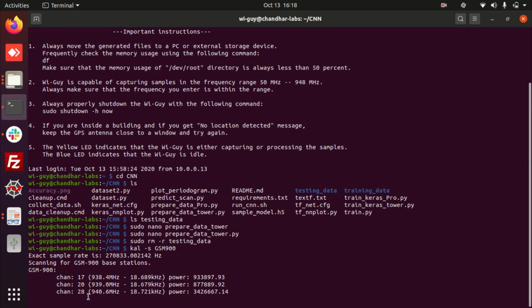So the carrier frequencies of the nearby towers are 938.4 megahertz, 939 megahertz and 940.6 megahertz. In a similar way, you want to search for your own carrier frequencies. My carrier frequencies for GSM are 938.4, 939 and 940.6.